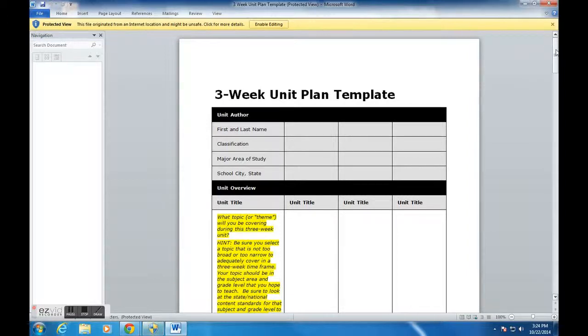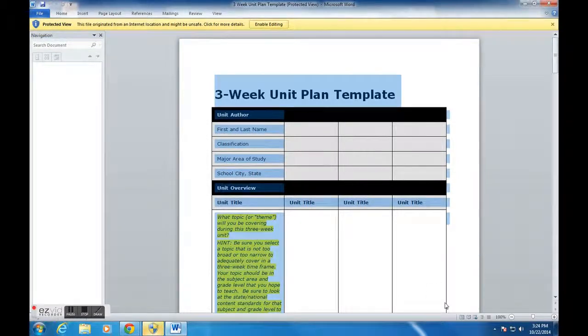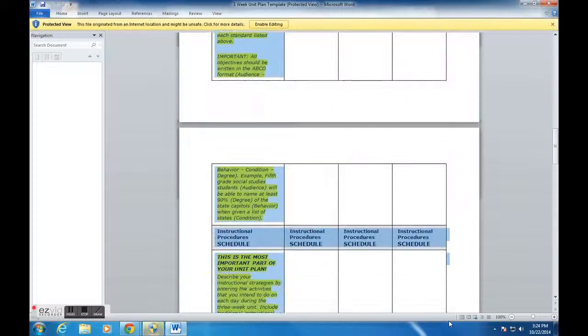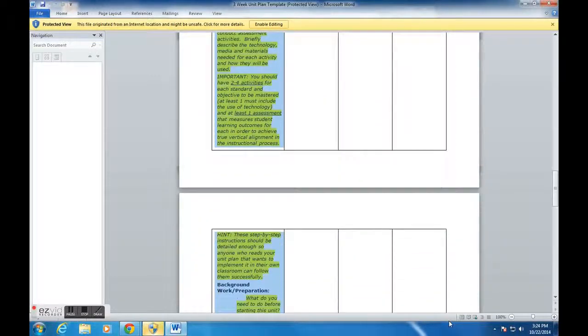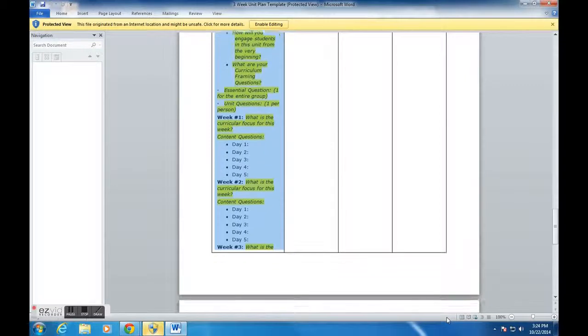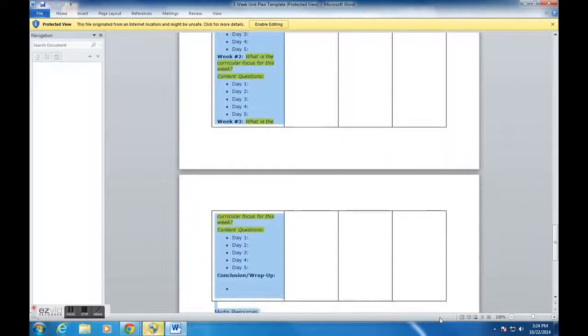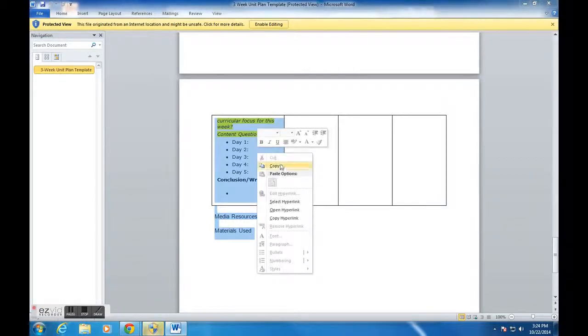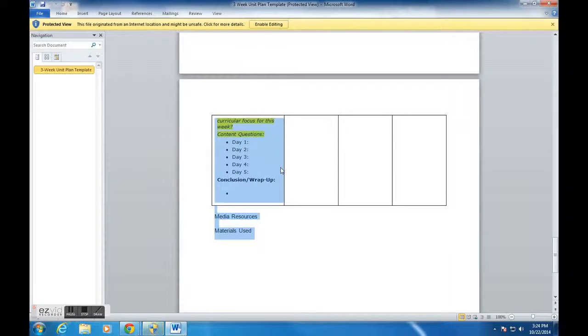You're going to copy this template. So go ahead and copy it from top all the way to the bottom. Don't forget to make sure everything is highlighted. Now, copy. Select, right click and select copy. Now what you're going to do is minimize